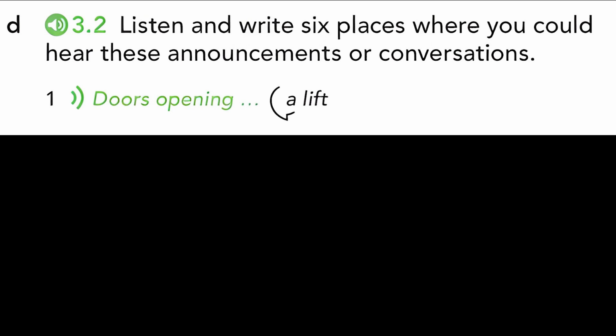4, Boarding for British Airways flight BA0564 to Milan will begin in a few minutes. Passengers in rows 15 to 30 are invited to board first. Please have your passport and boarding pass ready. 5, Are you here on vacation? Yes, I am. How long are you staying? 2 weeks. 6, Passport and boarding pass, please. Thanks. How many bags are you checking in?